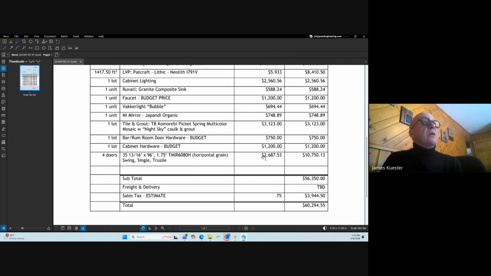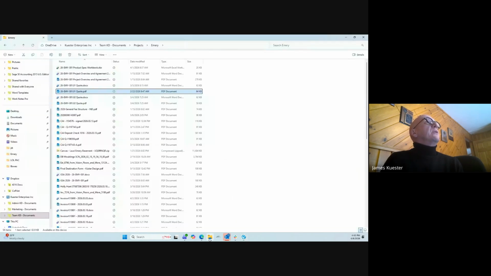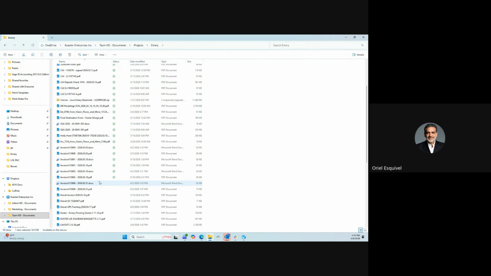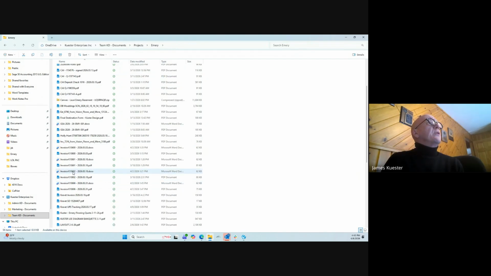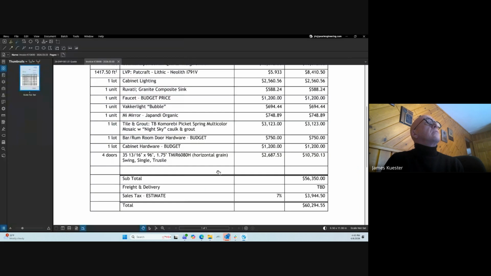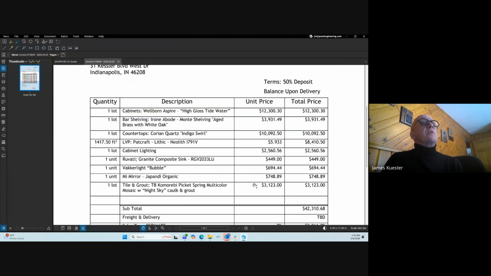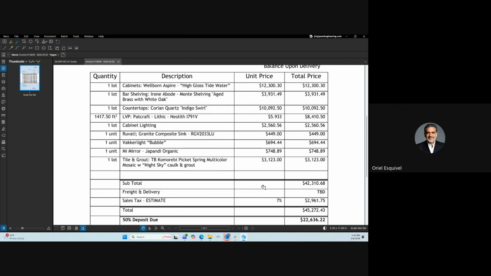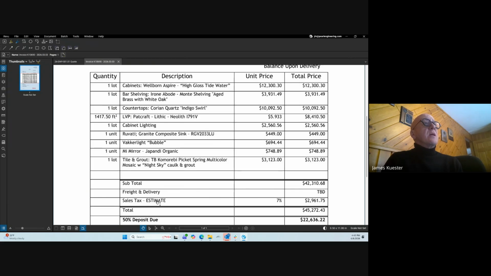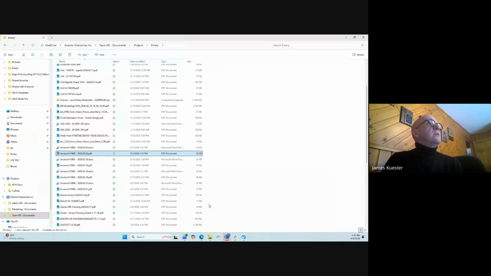I sent her an actual invoice for the things to get the project rolling. So here was the invoice that went out to her for her deposits, right? Yeah. And then what we just did is